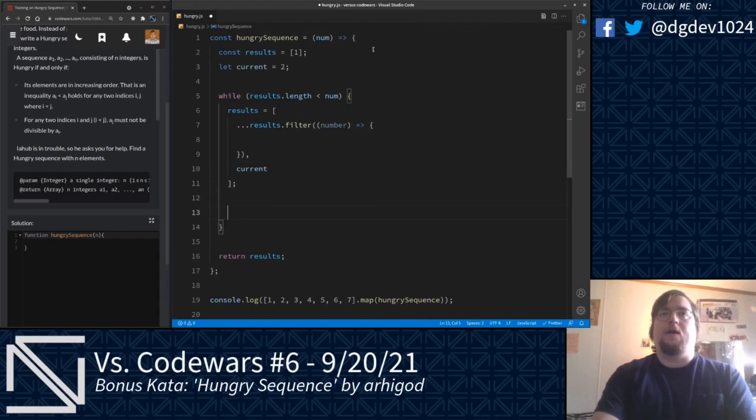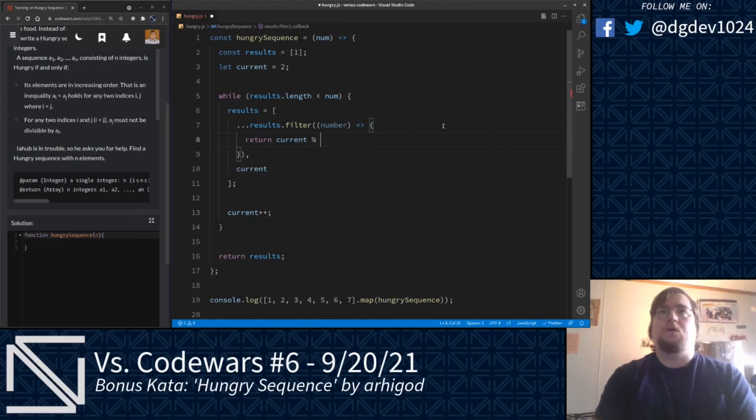And we're going to increment our current at the end of the while loop. And what we're going to do in this filter function here is filter the number out if current